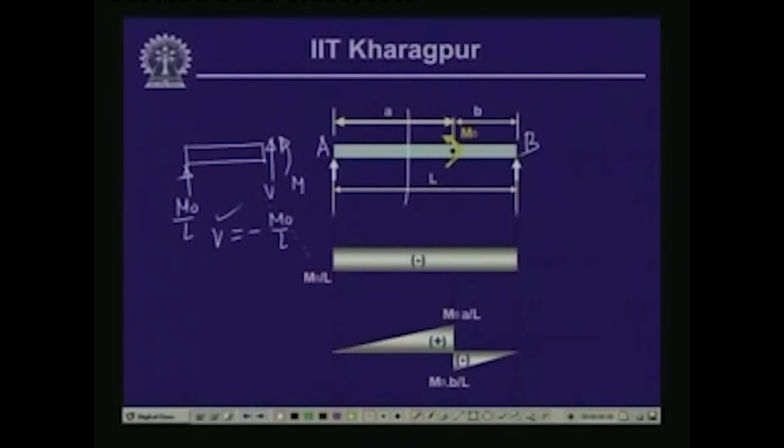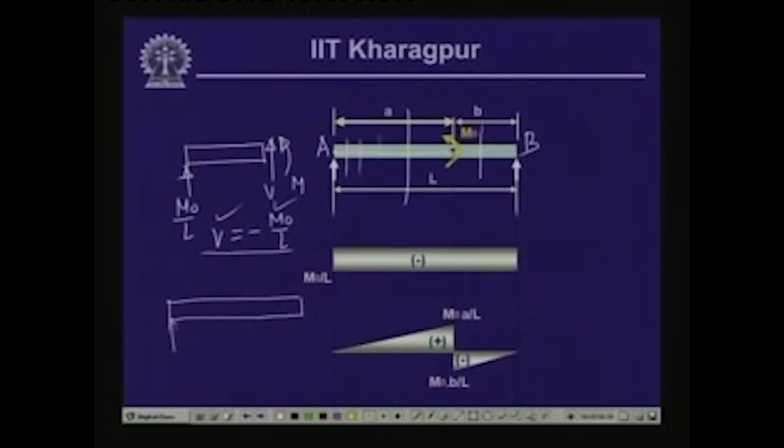So, the value of the shear force at any point between the segment from here to here is not a function of x, it is a constant. So, wherever we take the section, we will have the value of shear force as m0 by L. Now, if we take a free body at this particular segment, then the free body becomes like this,